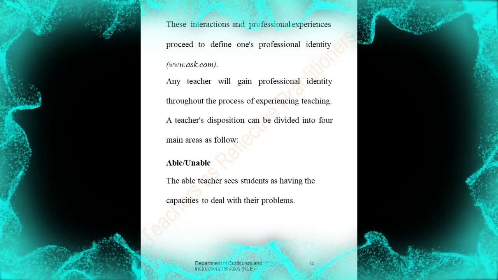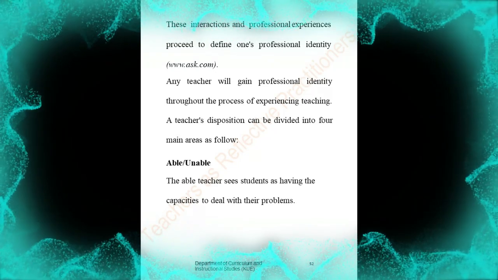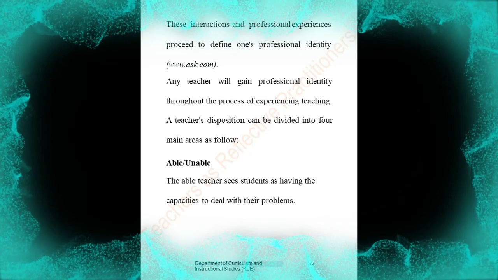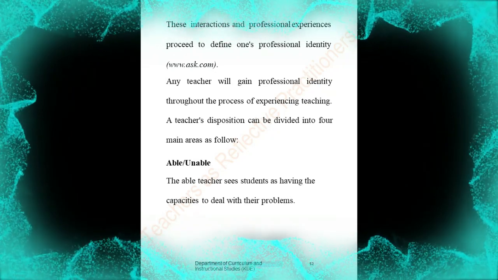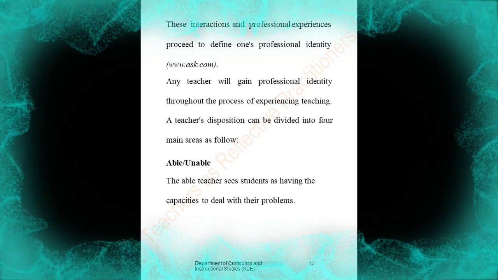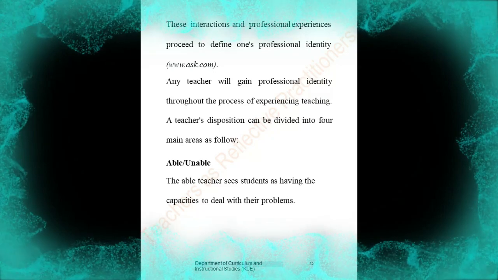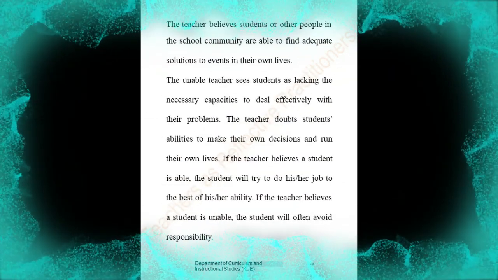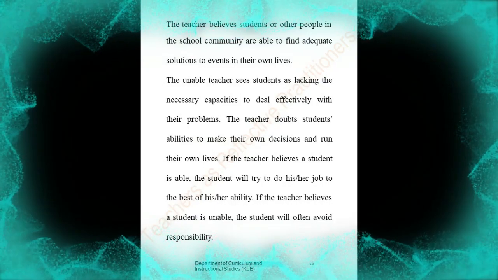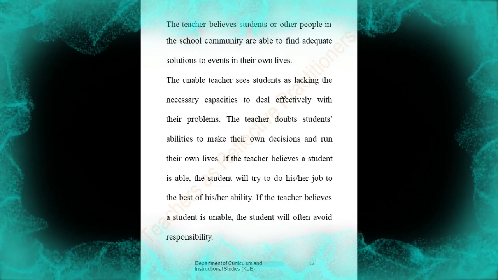Any teacher will gain professional identity throughout the process of experiencing teaching. A teacher's disposition can be divided into 4 main areas as follows: able and unable. The able teacher sees students as having the capacities to deal with their problems. The teacher believes students or other people in the school community are able to find adequate solutions to events in